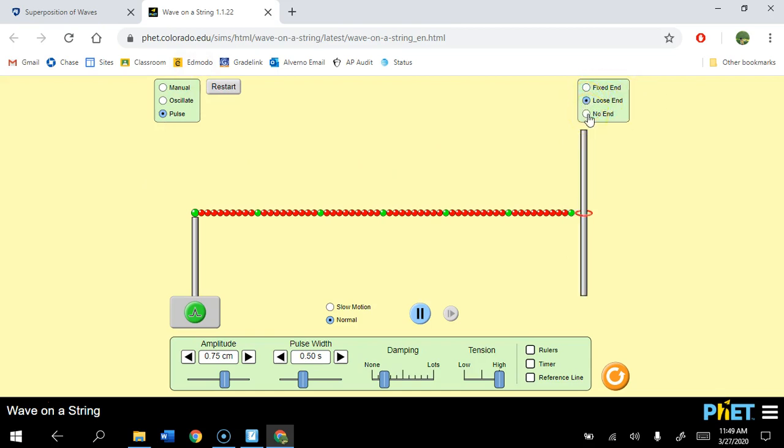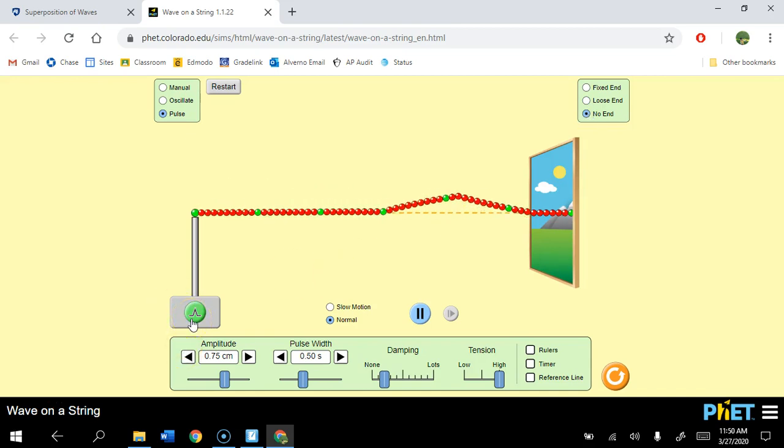In the previous lesson, if you recall, when I was teaching you just about waves, I made it a no end, and I just sent a pulse down this wire. Let me make it slow motion. I sent a pulse down this wire, and this is how waves travel. This is called a transverse wave, recall, because each particle simply goes up and comes back down,